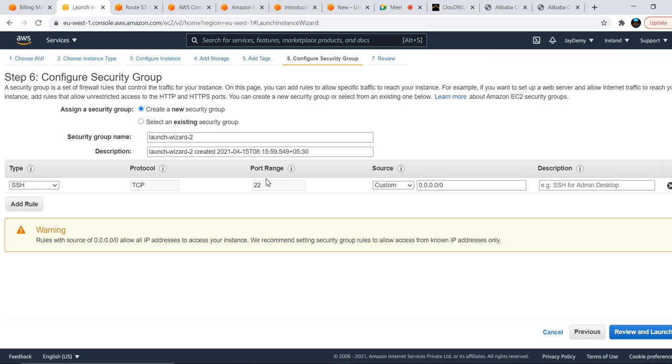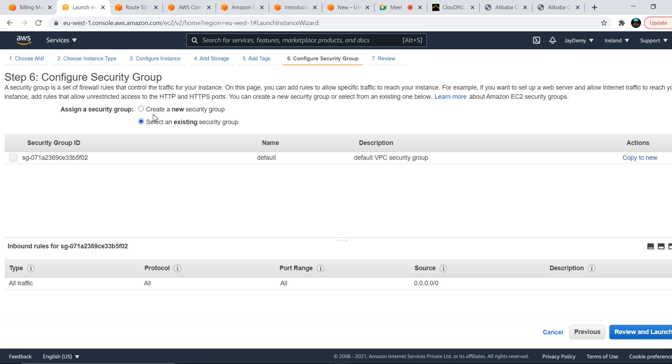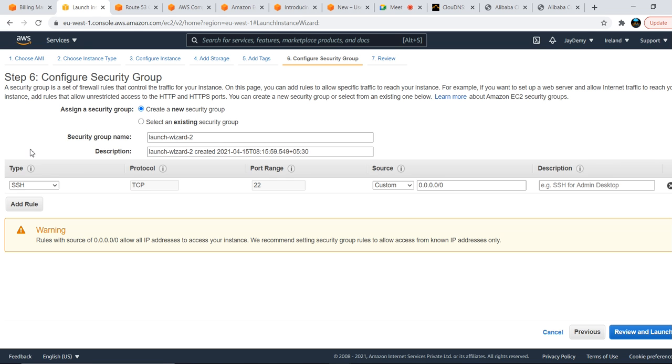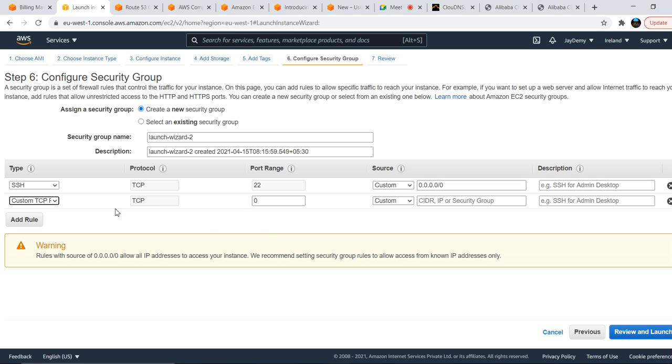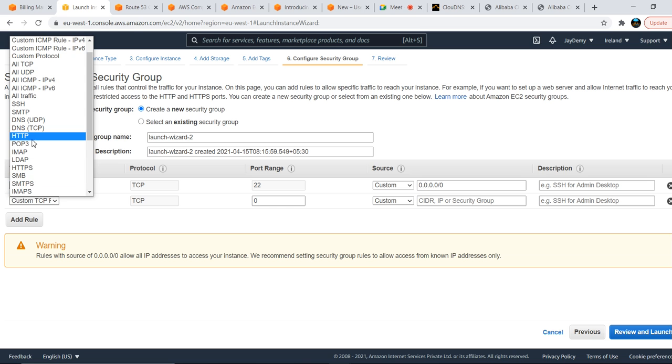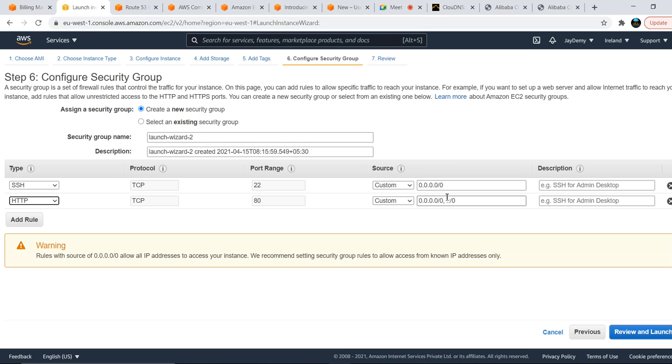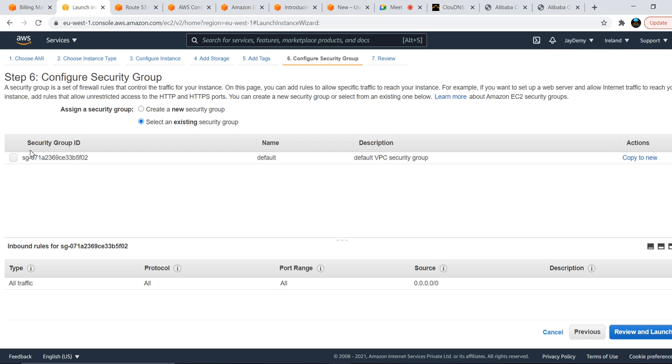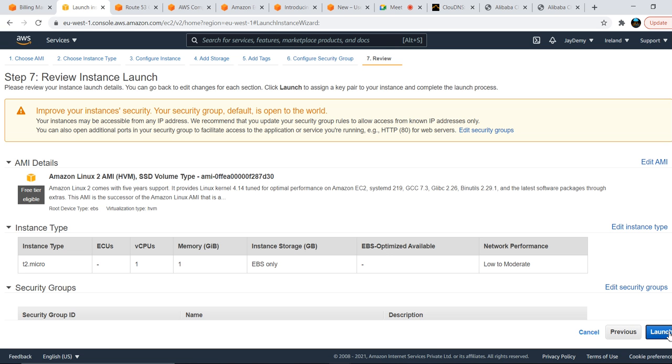But if you install any application and try to access it, it won't work. We do have an option: if you want to allow multiple ports while creating, just add a rule with whatever protocol you want. Assume you want to open HTTP, just click on HTTP and choose from where you want to open. But we already have this on our default security group, so we'll go with that. Review and launch, just launch it.